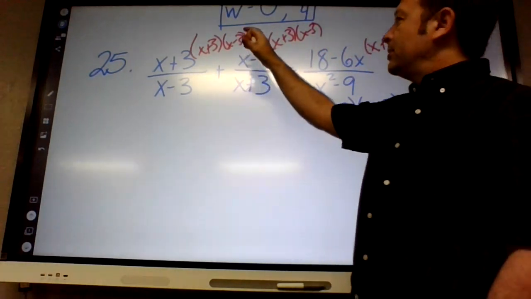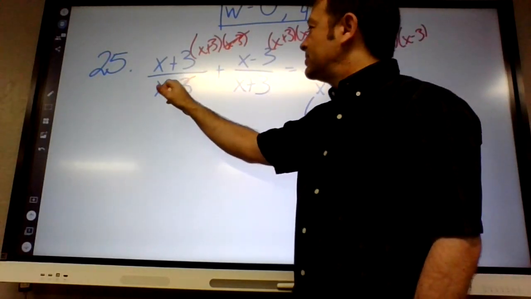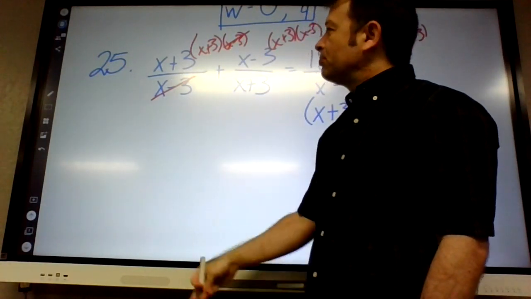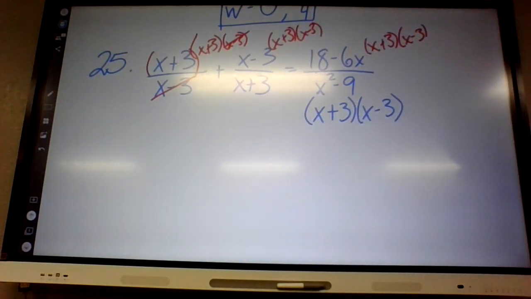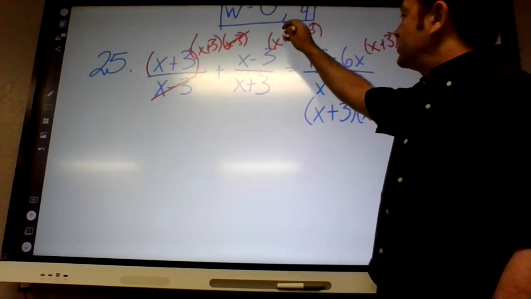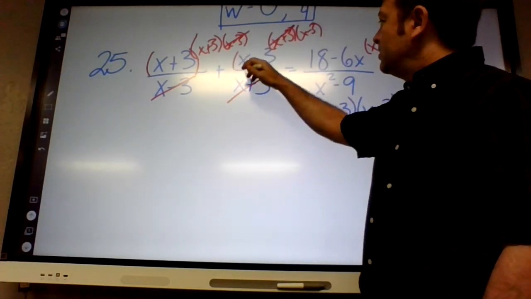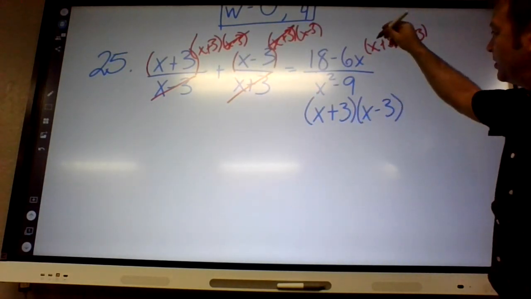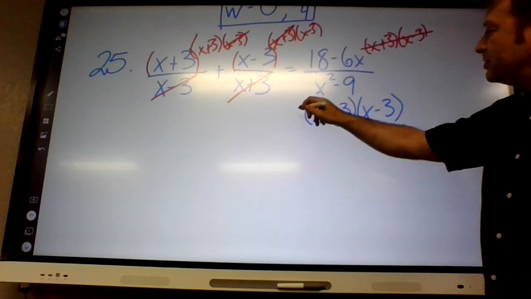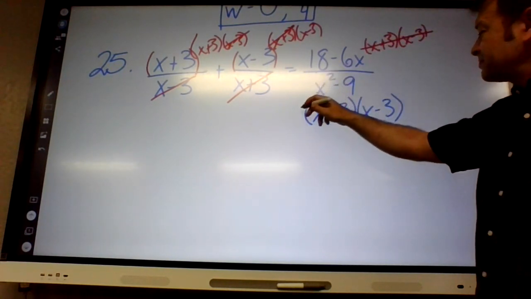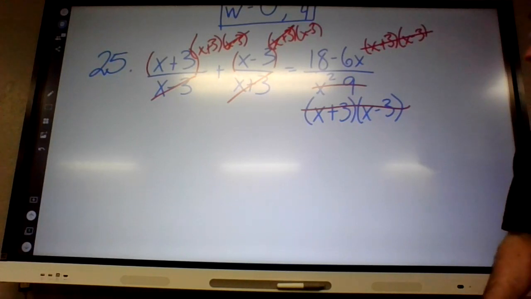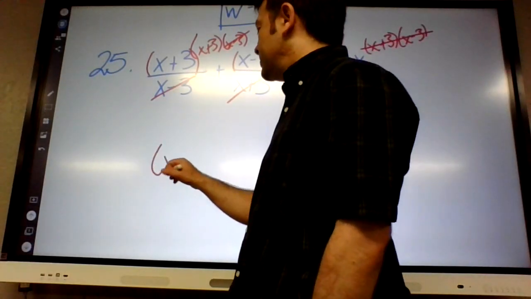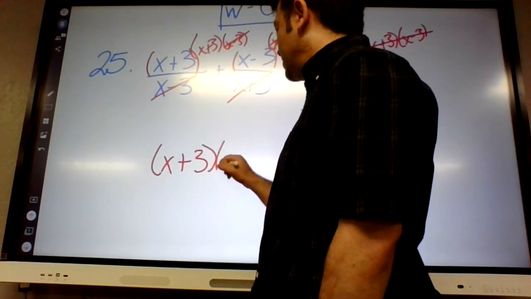Over here, before you multiply, the x minus 3's cancel out. And you basically got a FOIL, x plus 3 times x plus 3. In the middle, the x plus 3's cancel out. Here, the entire denominator cancels that out. So, I guess I'll rewrite it. What we have left is